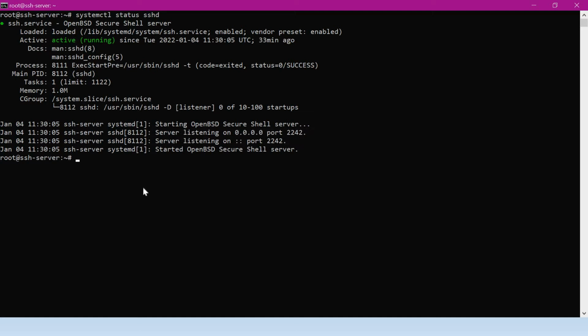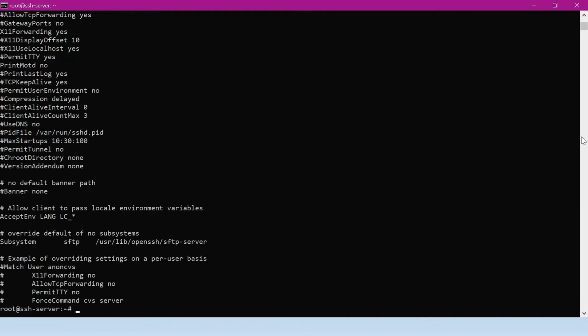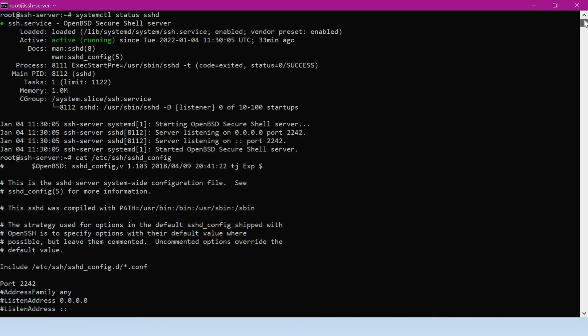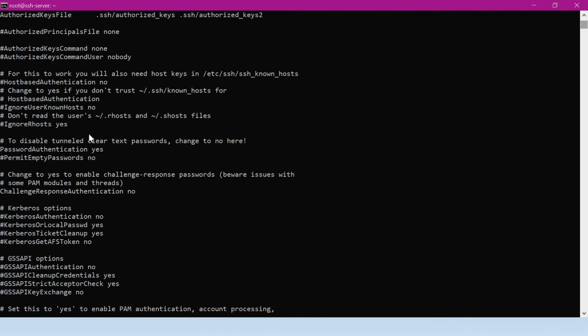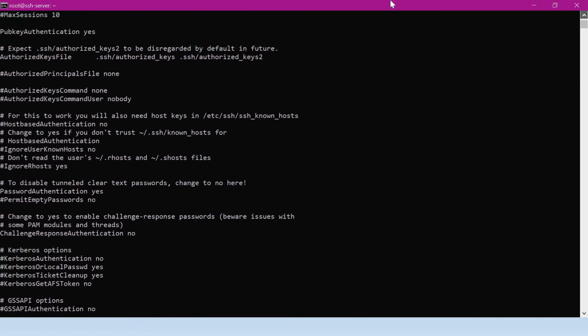Let me also verify the password authentication and public key authentication inside the SSH daemon configuration file. If you see this file, we have enabled password authentication as well as public key authentication to yes.